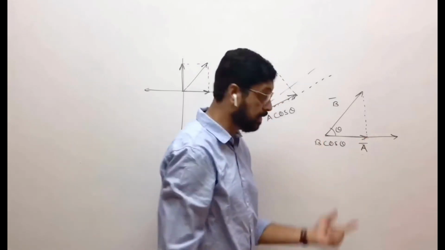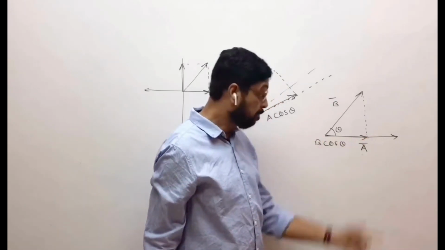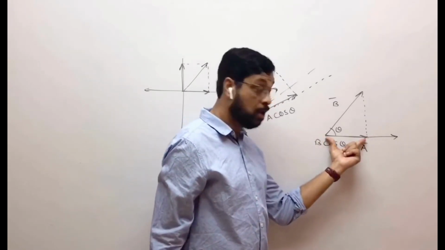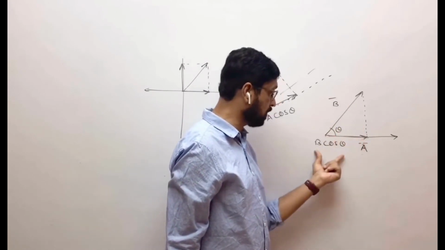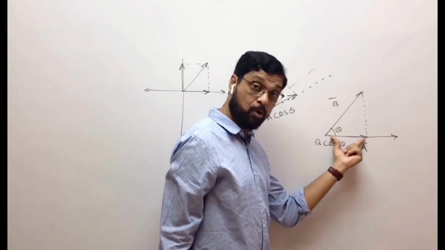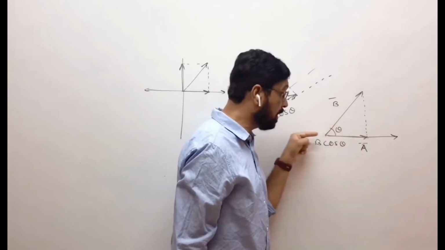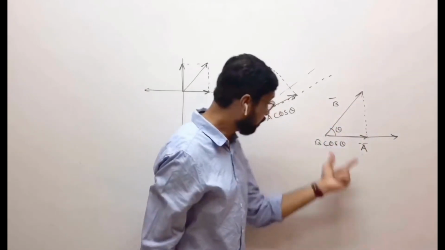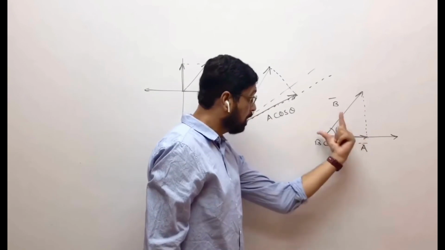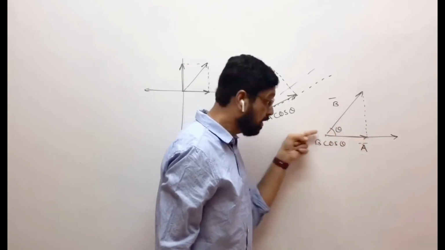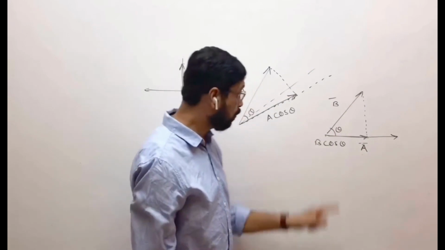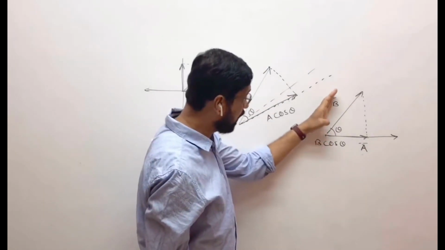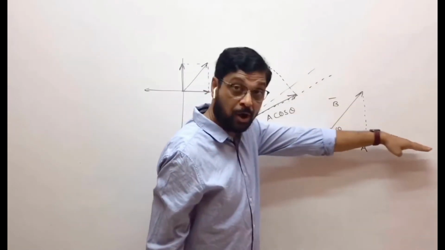This vector B cos theta is the component of B in the direction of A. Getting the point clearly? So what we did, we took component of B in the direction of A, that is